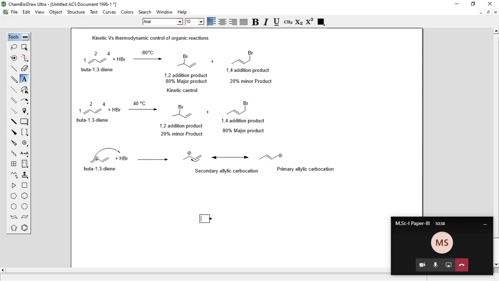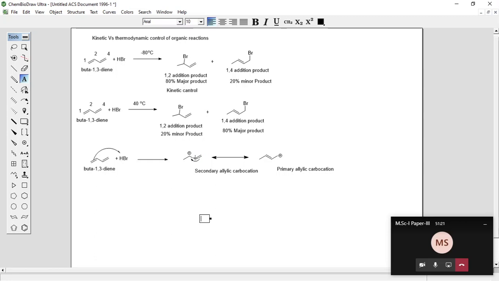so this middle carbon loses its electron, and that's why there is a positive charge on this carbon. Now this positively charged carbon is an electron deficient species. So to minimize the electron deficiency of this carbon, this double bond will delocalize here. So there is a stabilization of this carbocation by resonance. Here a new carbon-carbon double bond is formed, and this positive charge transfers from this carbon to this carbon.